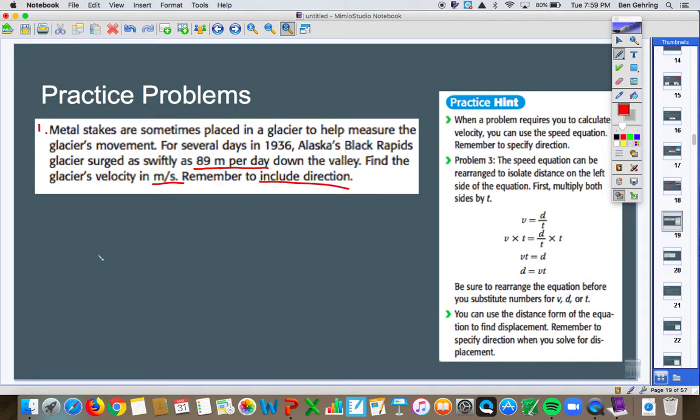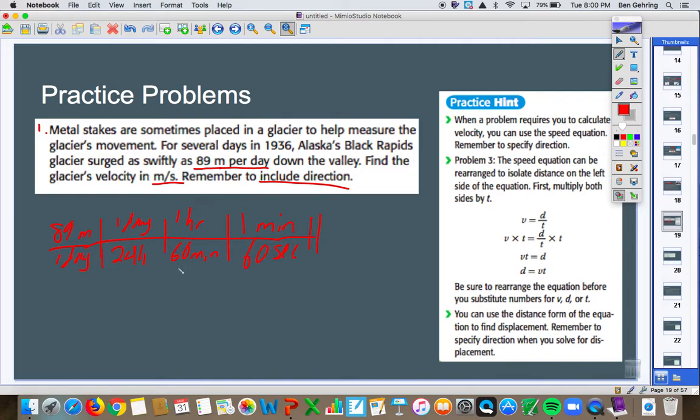So in this case, we're doing unit conversion. So we're at 89 meters per day, and I'm trying to get to meters per second. So I know I'm already in meters. I have to get from days to seconds. I know that 1 day is the same as 24 hours. I know that 1 hour is the same as 60 minutes. And I know that 1 minute is the same as 60 seconds. So using this,